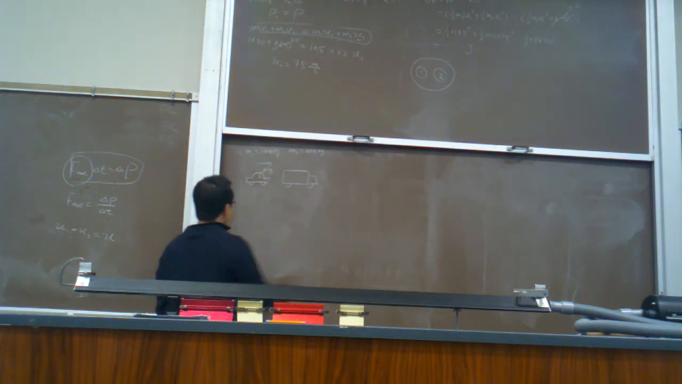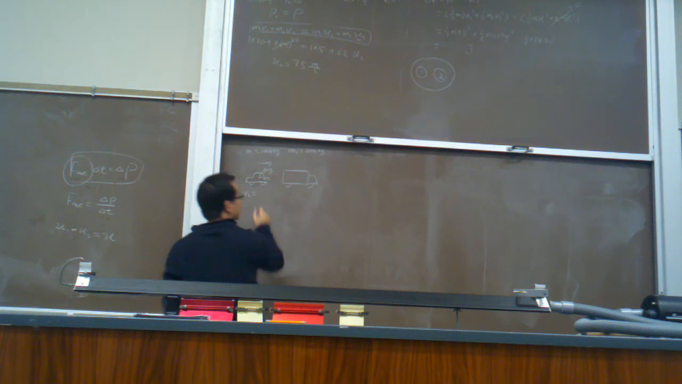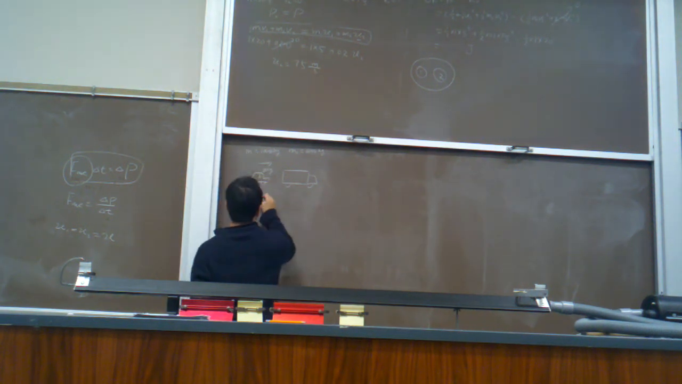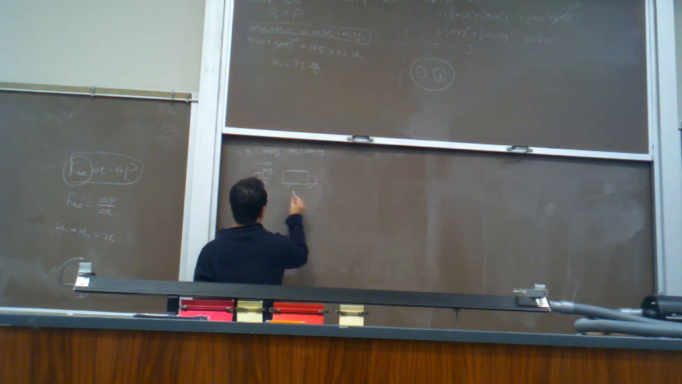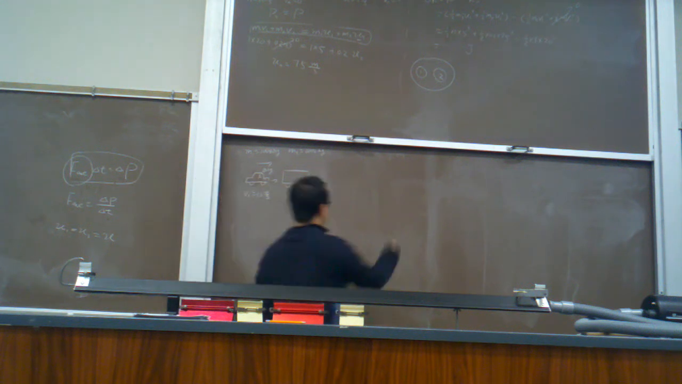Now, what's the initial velocity of the car? 30. And what's the initial velocity of the truck? 5. Those are both to the right. Okay. So after the collision,